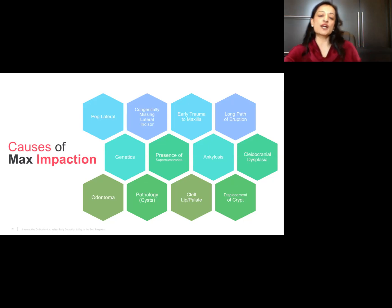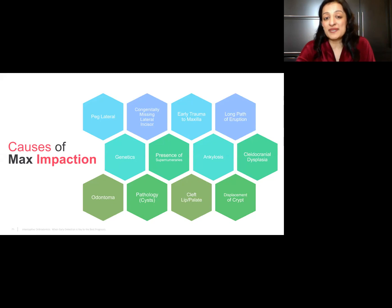Two interesting points of note are the upper 2 left reasons, which is the peg lateral and the congenitally missing lateral. There's a theory that maxillary, or the upper canines, use the laterals as their guide to go into place. So if you have a peg lateral or a missing lateral, the canine is confused, like, where do I go? That's why they tend to start mesially, stay on this mesial migration eruption path, and they lose their way, because they don't have the regular size lateral to help guide it. So if you have somebody with a peg lateral or a congenitally missing lateral, make a note to keep an eye on that erupting canine, because they're the ones that often get messed up on both. They've got a peg lateral or a congenitally missing one and an impacted canine. That's a double whammy. We want to do everything in our power to help prevent the